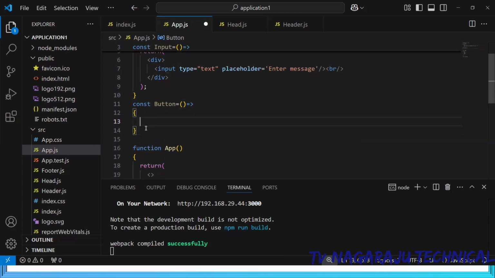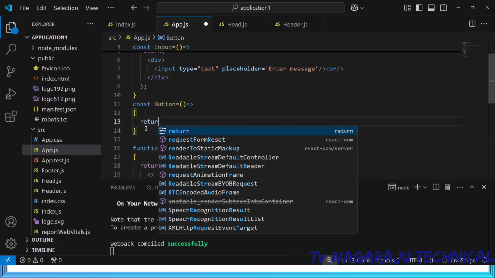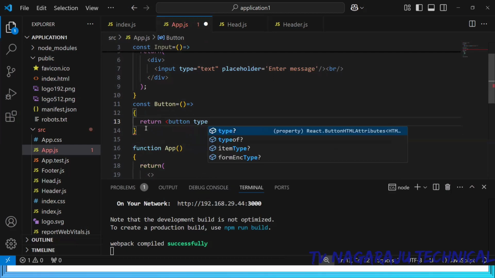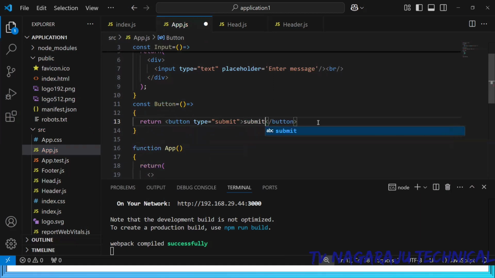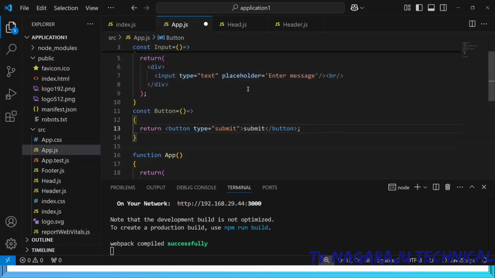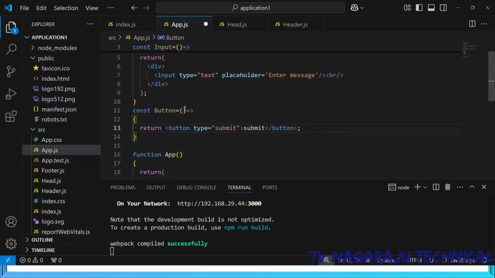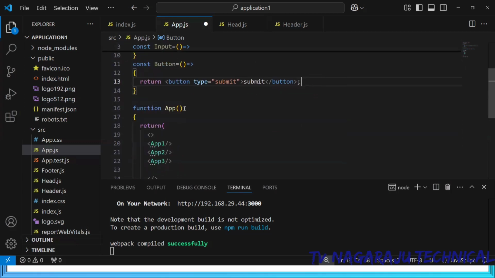Here, inside the button, same statement, return button, type is equal to, what is the button name I want? I want button name as submit. So the message I want to display, submit. So close the return. Now observe, instead of writing three input fields, here I written input as one component, button as one component. Now here, again I will write this one also in the form